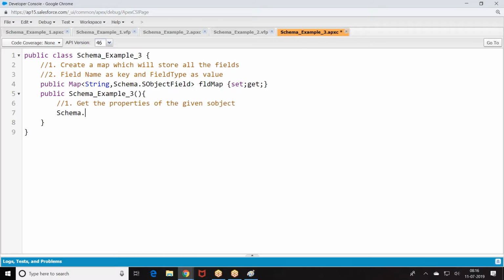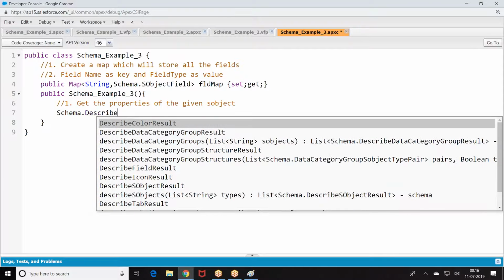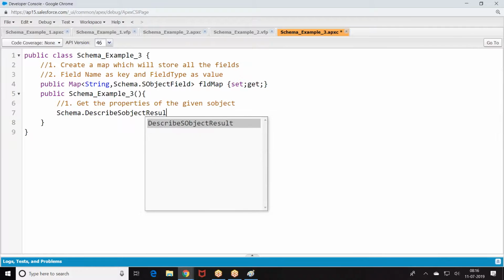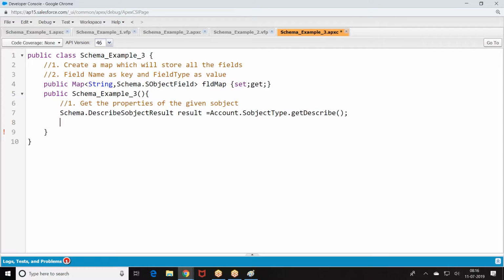How do you get it? Schema dot describe S object result. Result equals account dot S object type dot get describe.